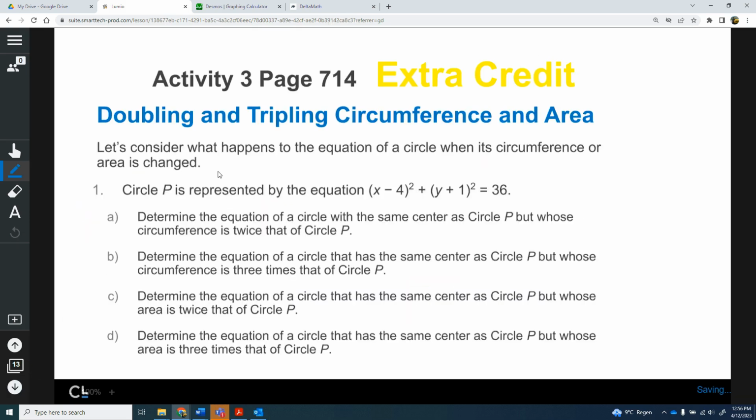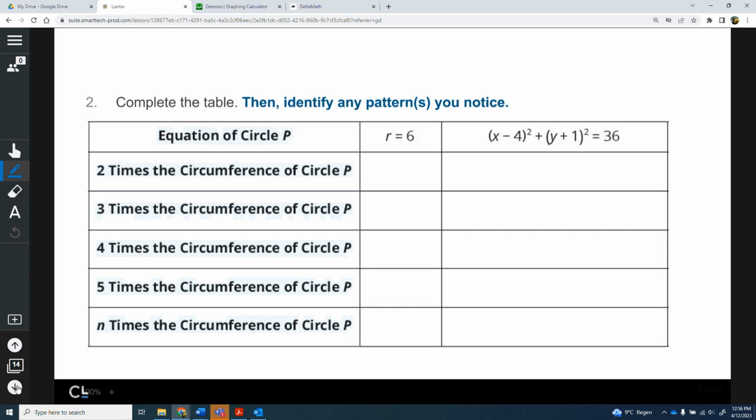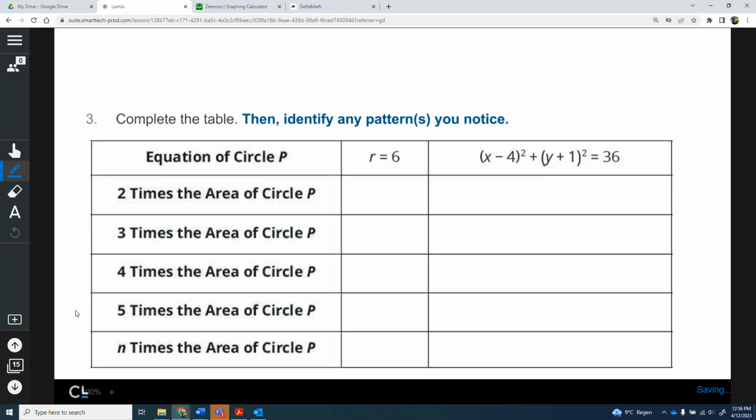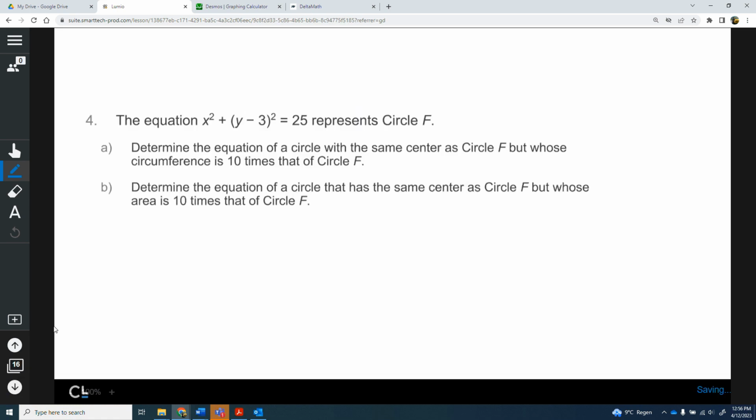Okay, so if you want extra credit, you can do the activity on page 714. Do all this stuff. You're going to be doubling and tripling the circumference and the area, so that'll be fun. You'll fill out this table and answer that question. So if you want to do that, extra credit,